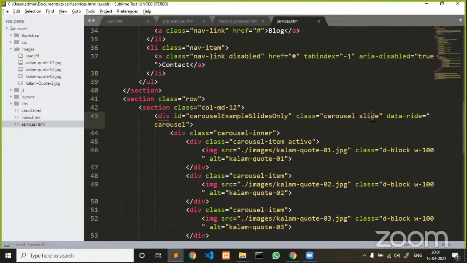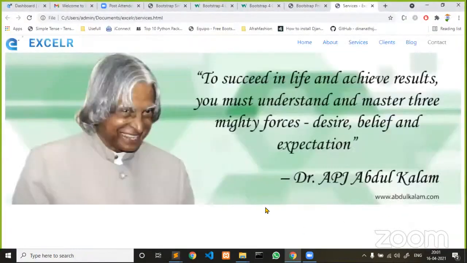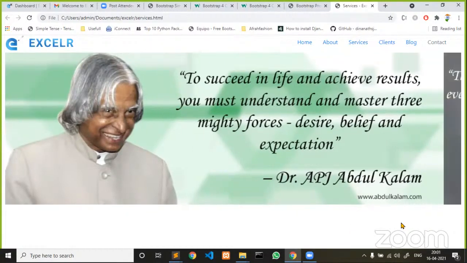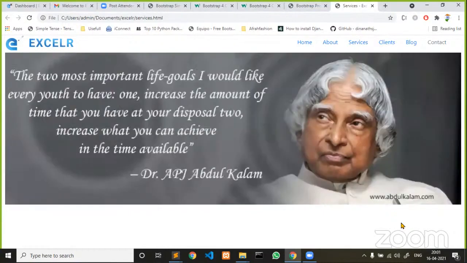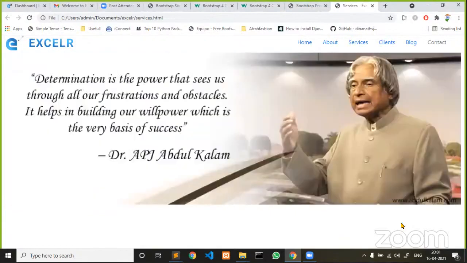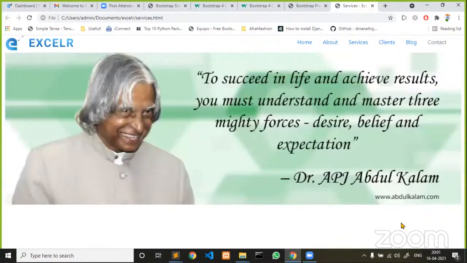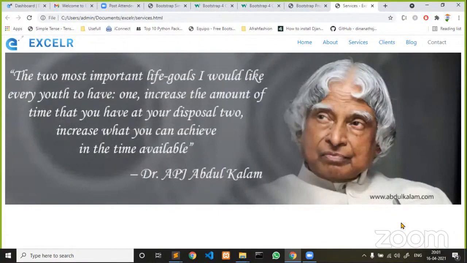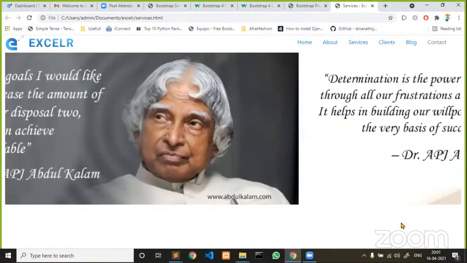Now, carousel slide. That's why if I execute this, you see here, these images are loading as slides. Now, if you are not using Bootstrap and you want to achieve the same by using HTML, CSS, and JavaScript, you may have to write too many lines of code. I hope you people are aware of it. So to make any web page responsive, make sure that you write responsive classes into your HTML elements.